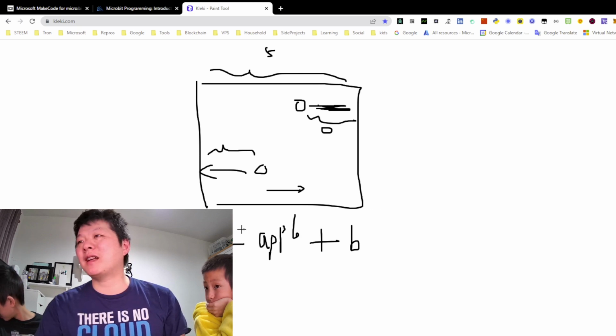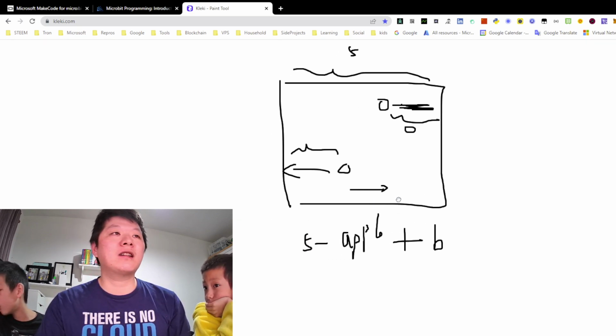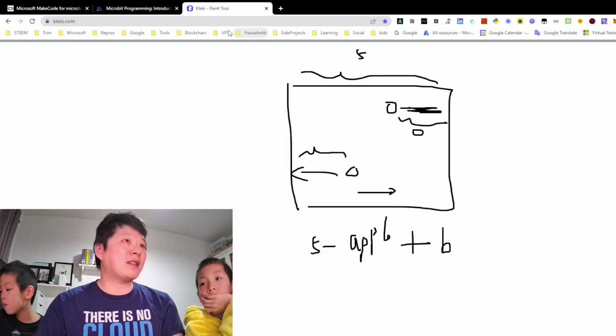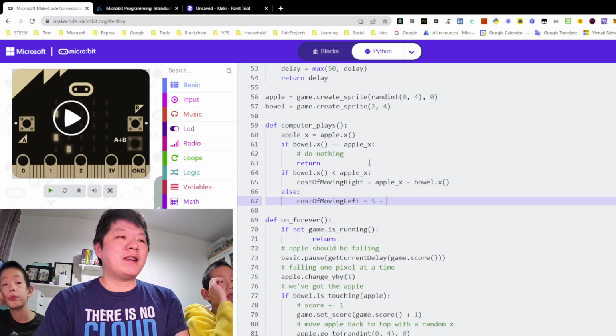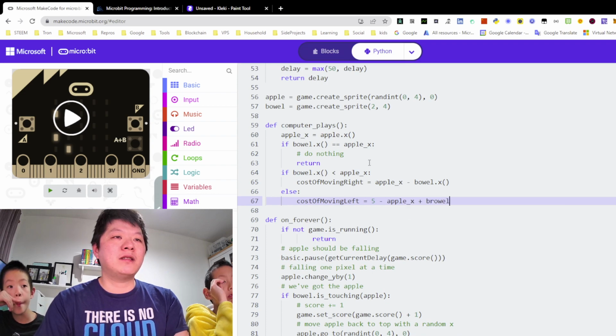That's the simple math. So it's 5 minus apple plus ball